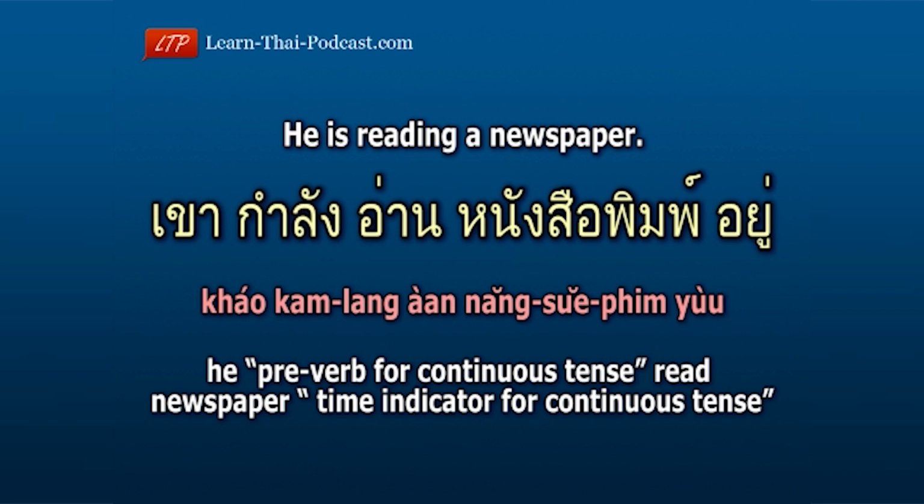Here's some examples. He is reading a newspaper. เขากำลังอ่านหนังสือพิมพ์อยู่. He เขา, preverb for continuous tense กำลัง, read อ่าน, newspaper หนังสือพิมพ์, time indicator for continuous tense อยู่. He preverb for continuous tense read newspaper time indicator for continuous tense. เขากำลังอ่านหนังสือพิมพ์อยู่